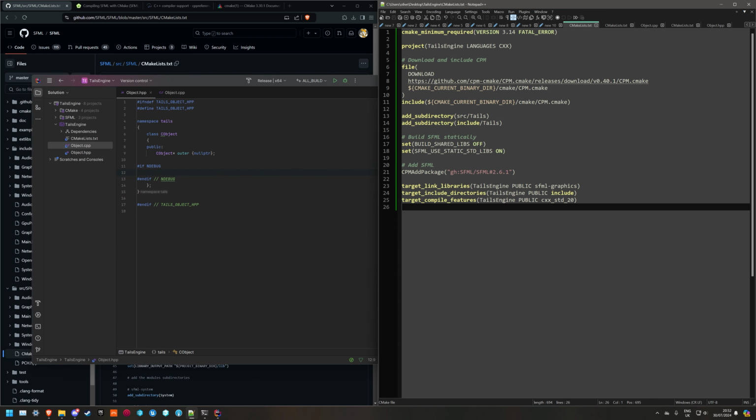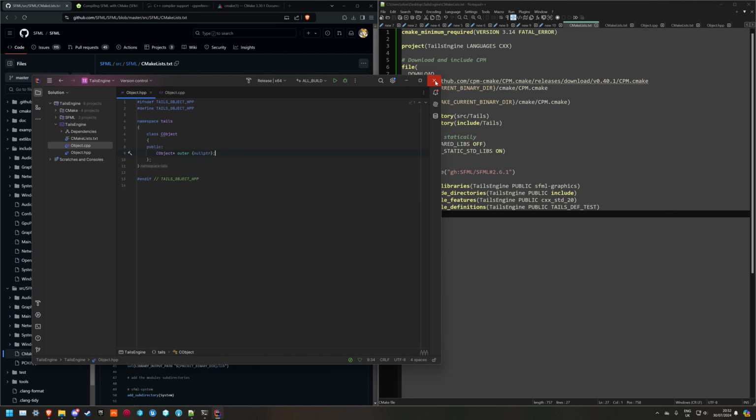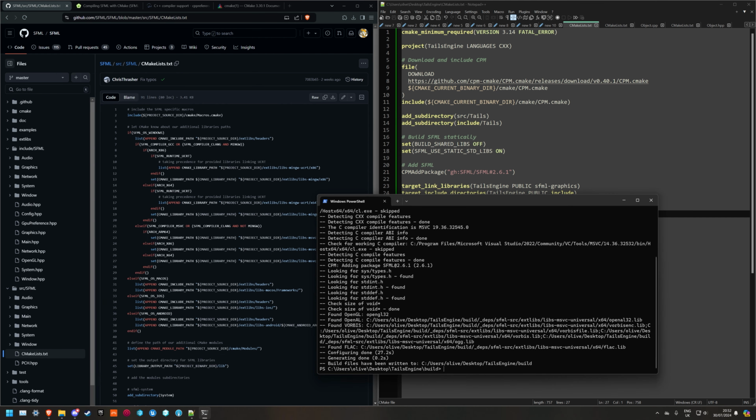you can make your own preprocessor definitions. There's a thing called target_compile_definitions, say Tails engine PUBLIC, and you can just say, you know, TAILS_DEF, for example, TAILS_DEF_TEST, let's call it, right? Save it. I'm going to get rid of this. And now if I run CMake again,